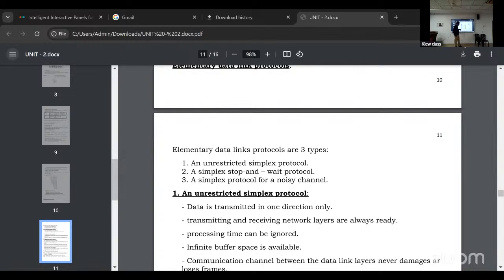In this stop and wait protocol, the frames can be transmitted with either 0 or 1. When the sender sends the frame to the receiver, the receiver gives the acknowledgement. There is a time length, a timer. If the timer expires and the acknowledgement is not received within that time, we assume that the frame is lost. In the time we gave, we did not receive a reply.